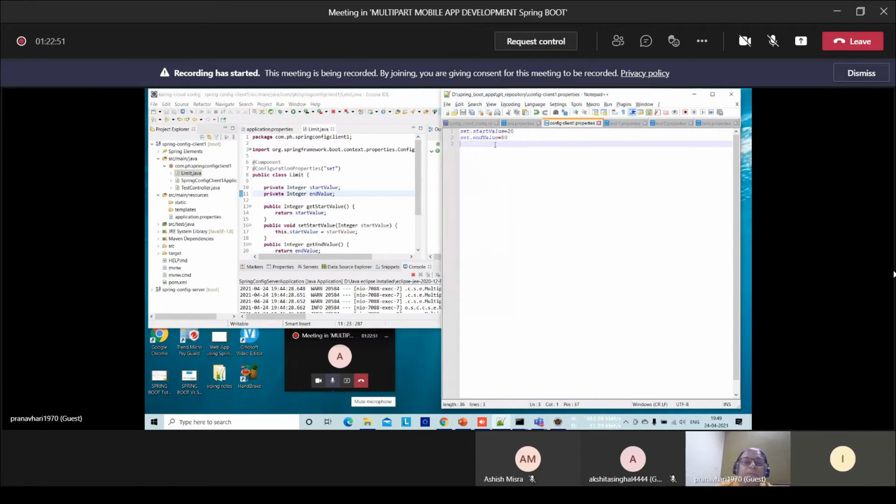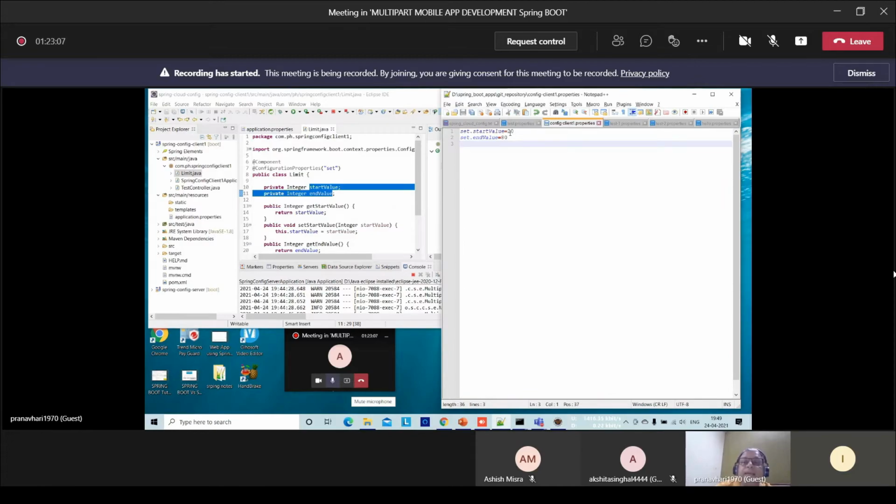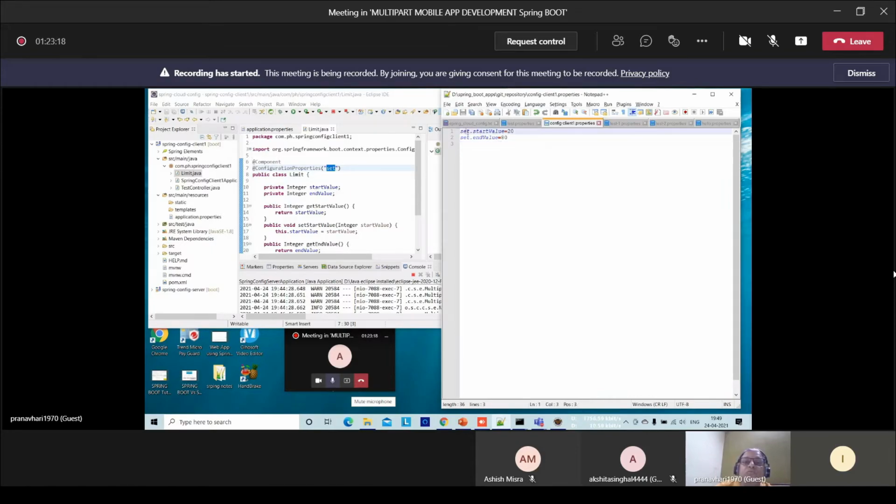This syntax is used because in one properties file, several groups can be created. You can say it's a kind of group name, then their attributes, and their values. So it is compulsory that the configuration properties name and this should match, should be the same.